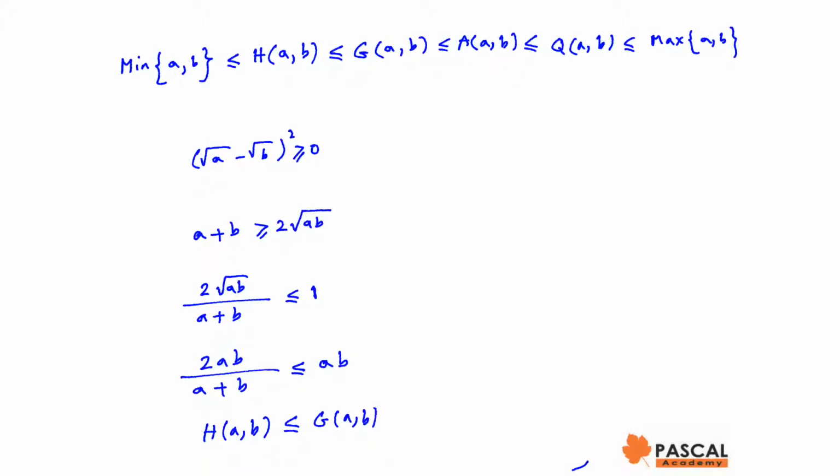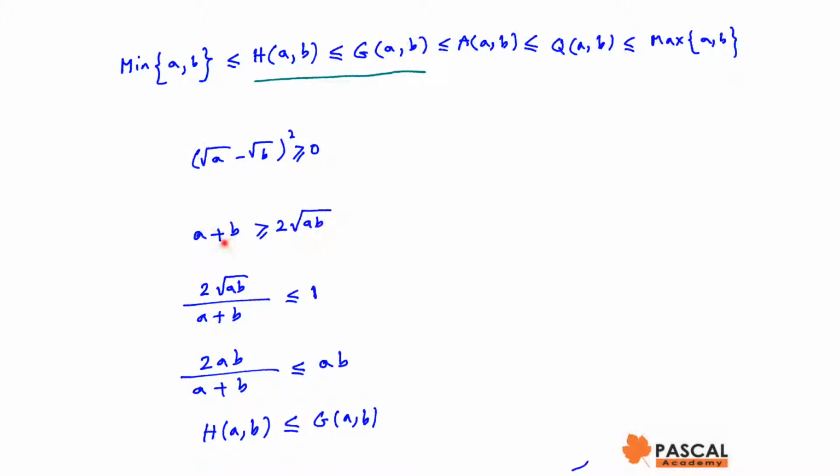Let's prove geometric mean of A and B is greater or equal than the harmonic mean of A and B when A and B are two positive real numbers. We know square root of A minus square root of B to the power of 2 is always greater or equal than 0. Therefore, A plus B is greater or equal than 2 square root of AB. Just expand this inequality and bring 2 square root of AB to the other side. We could use this directly by using arithmetic mean, geometric mean inequality. From this inequality, we have